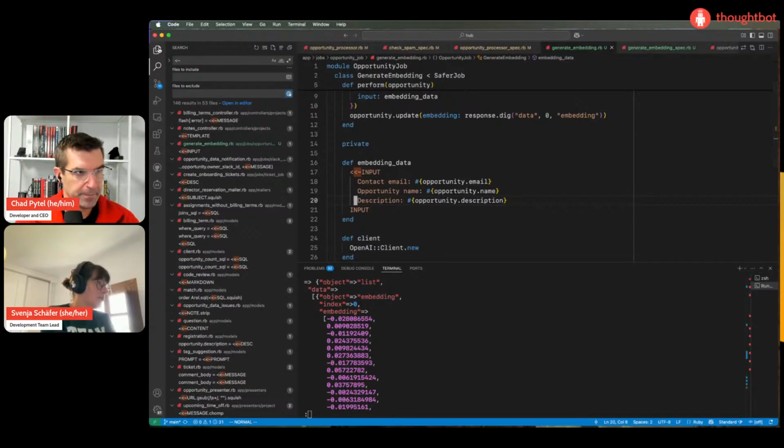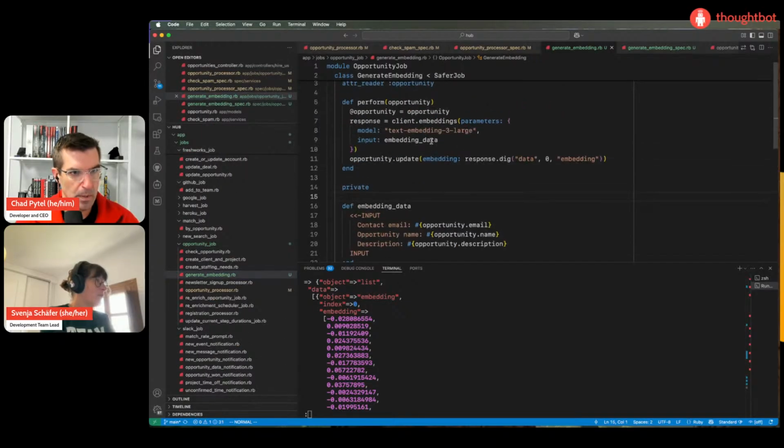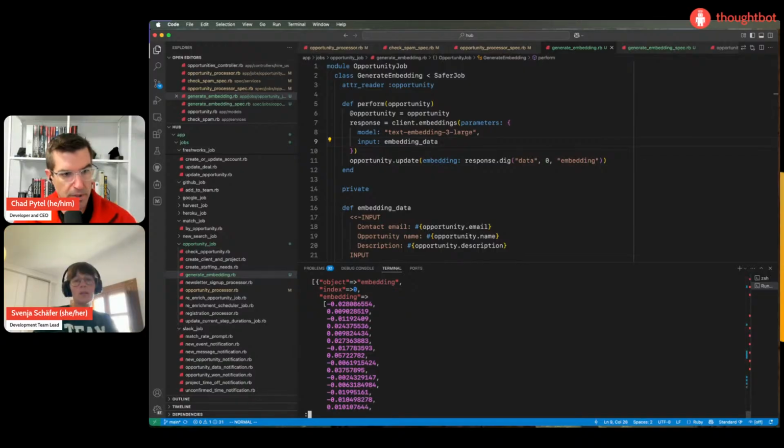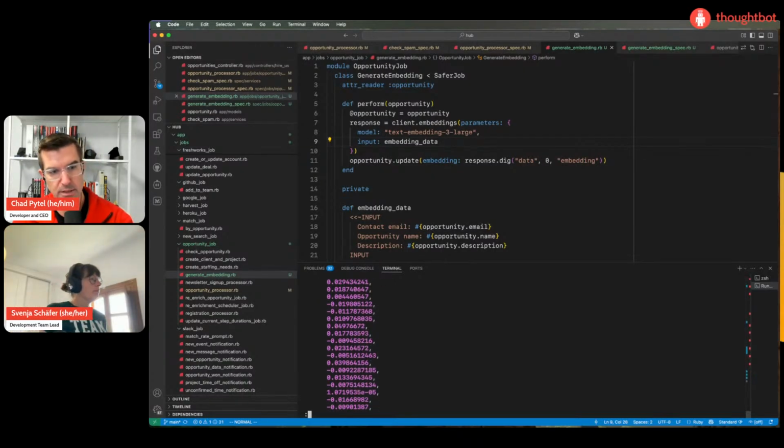Okay, let's try it. Let's create one more. Here we can see in the terminal what an embedding actually looks like. It's this array of floating point numbers, and it's quite large.